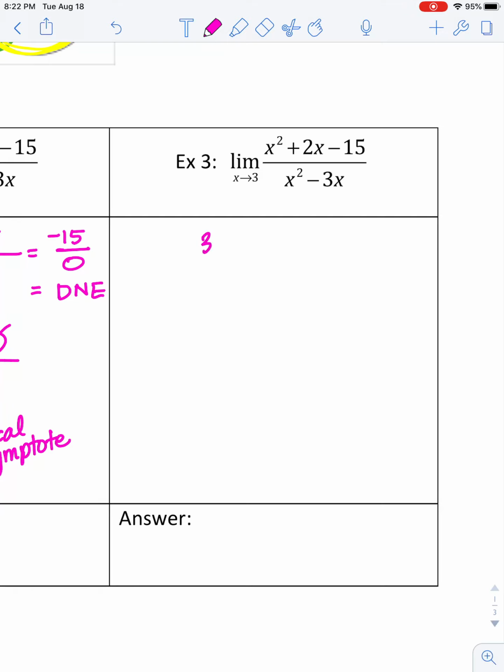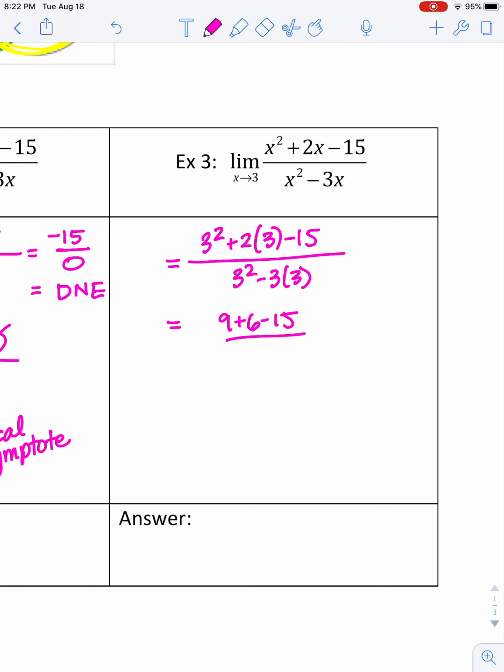So we're going to try to plug that in first. See what we get when we do this. Let's see, 9 plus 6 minus 15, all over 9 minus 9. Oh boy. I get 0 over 0. Okay, now this is a very interesting expression. This is worse than does not exist. It is what we call